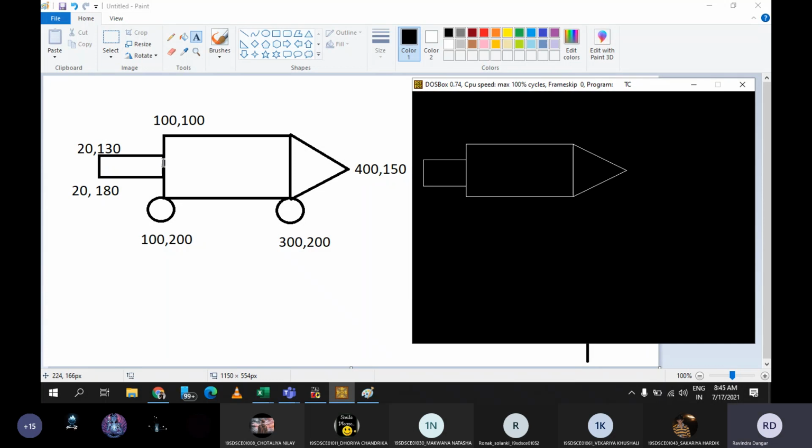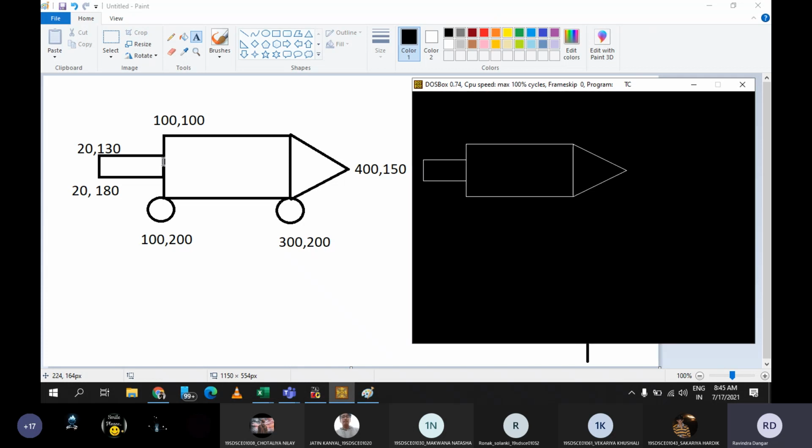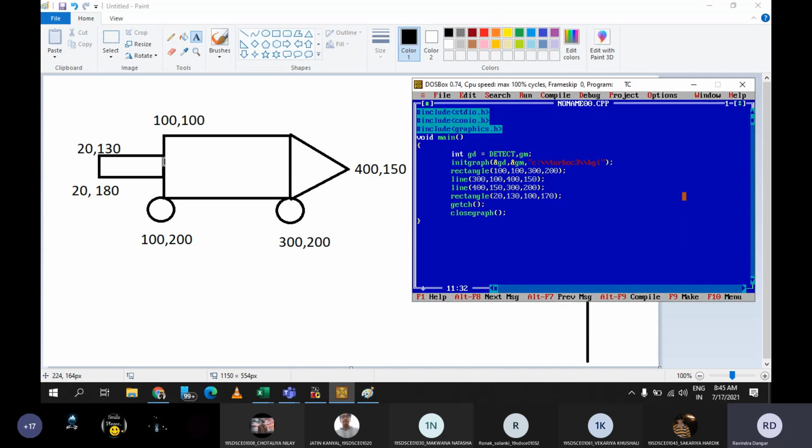Sir, the wheels are not made. Yeah, that we are going to do. So as of now whatever we have done, it seems perfect, but slightly I need to go with 120 here, or else I need to go with 170 here to divide it correctly. Yeah, now it is fine. Then now we need to place two wheels. So for that let me go with circle. Yeah, so for placing this left circle, can anyone tell me what kind of parameters I need to give here?